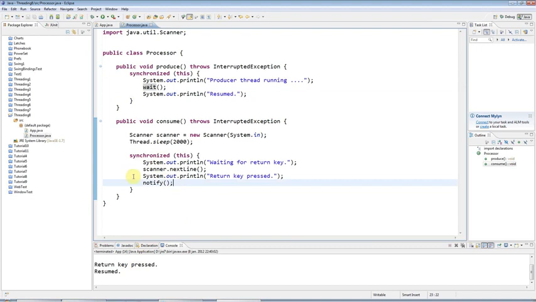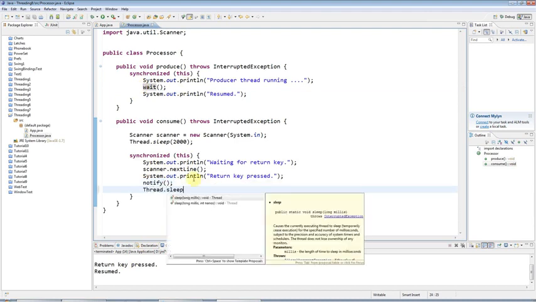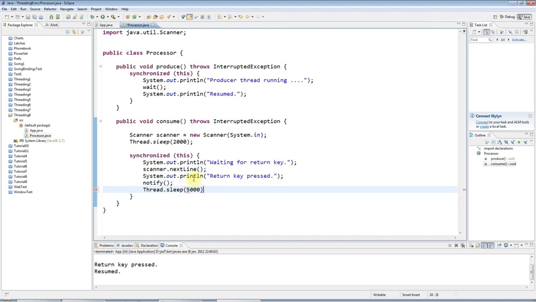Now, just to prove the point that notify does not hand over control of the lock, unlike wait, I'm going to just put a Thread.sleep in here. Thread.sleep, let's say 5 seconds, 5,000 milliseconds. Now if I run this, what we'll see is